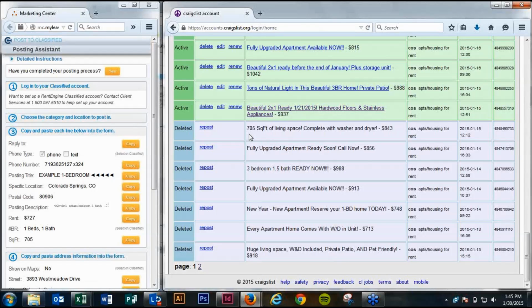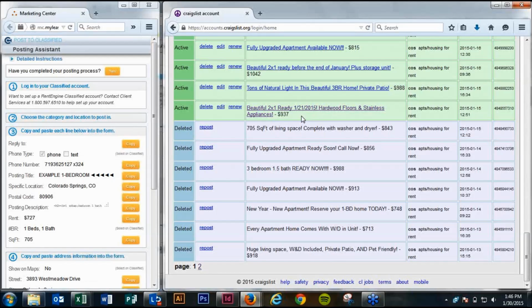The other reason is because Craigslist has an entire team of people dedicated to trying to find businesses and deleting their ads. If you get an ad deleted by Craigslist, it's going to say deleted, like it does here, but it's all going to be in pink. And what that means is somebody from Craigslist has decided that you violated their terms of service, and they're going to go through and delete your ads for you. So even though you're going through and posting these ads, the prospects are not going to be able to find them because Craigslist is deleting them